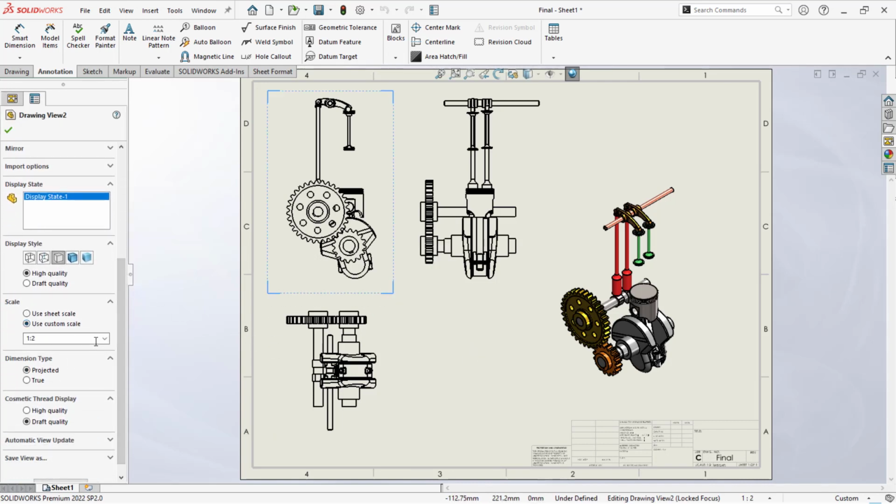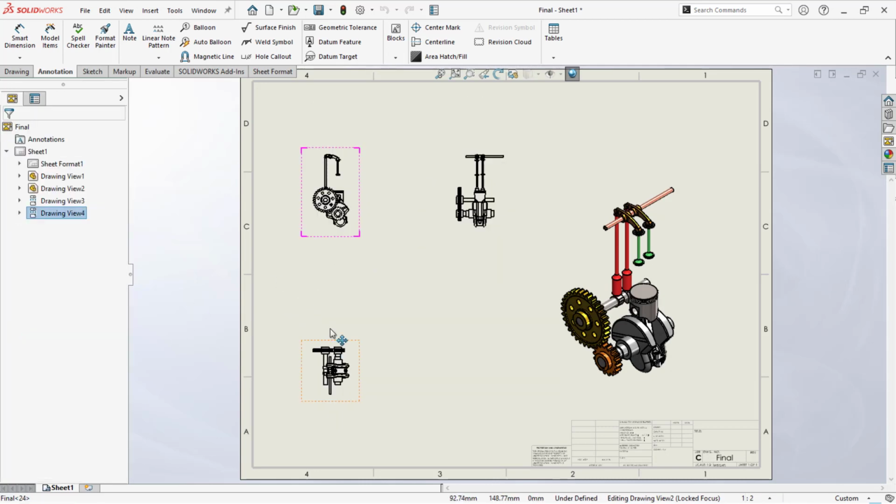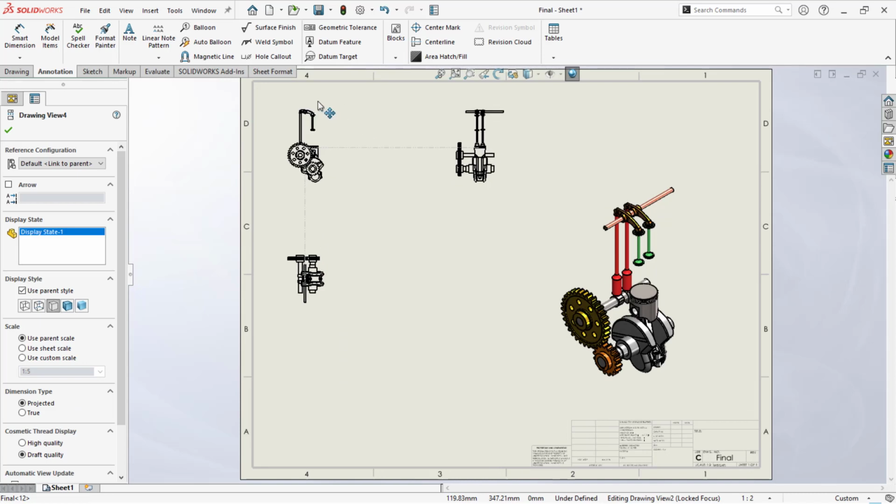Yeah, so now here you can use the custom scaling option. You can just change only for these. Okay,